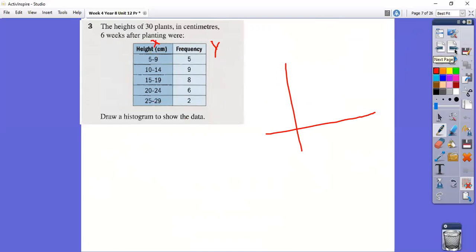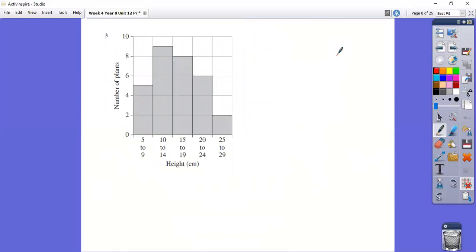Okay, so hopefully if you've done it, you can check your work now. So here we have our distribution of the data for those number of plants. You can see that there wasn't that much difference between the tallest plant and, say, the smallest plant. I mean, there is a difference, but there were only 2 plants that grew to only 25